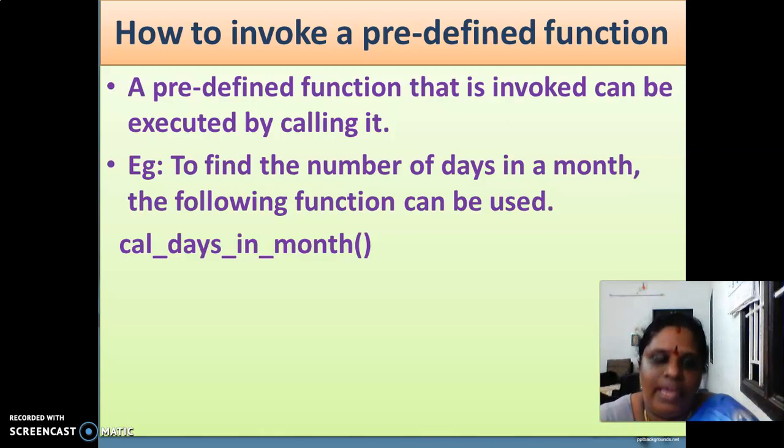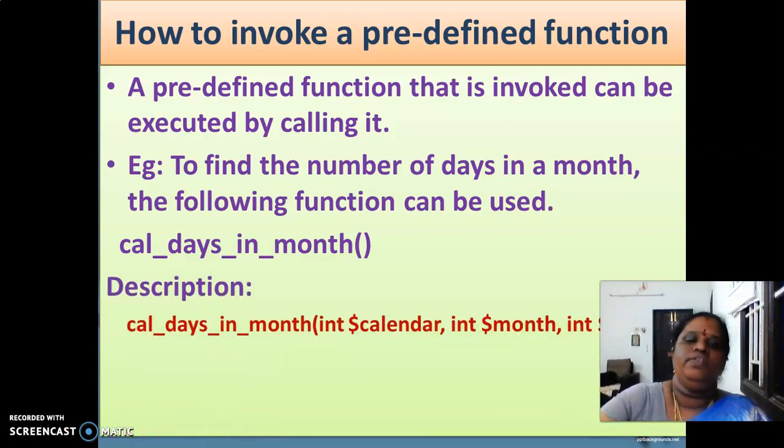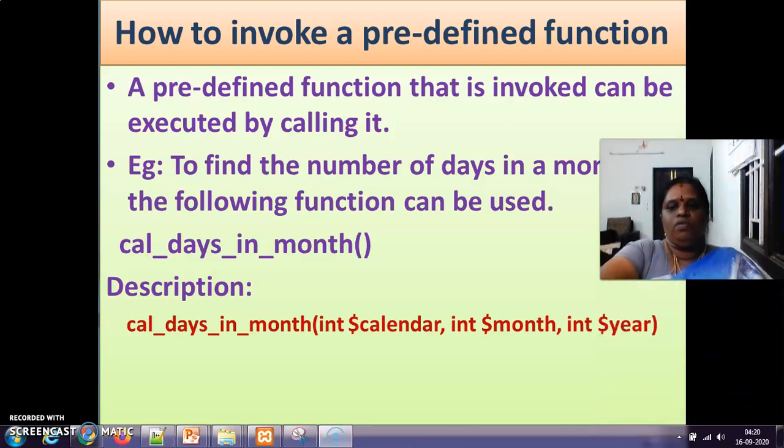That is cal_days_in_month. This is used for finding the number of days in a month. Okay, how is it being used? The description is: calculation, days in month.